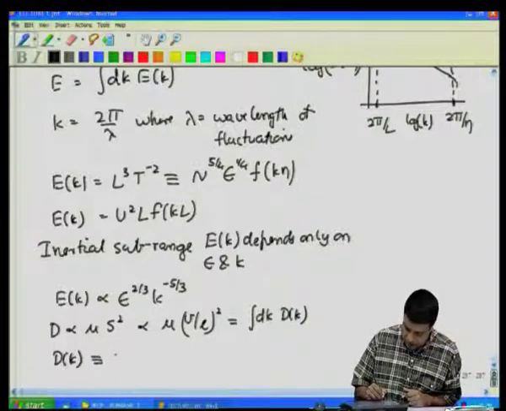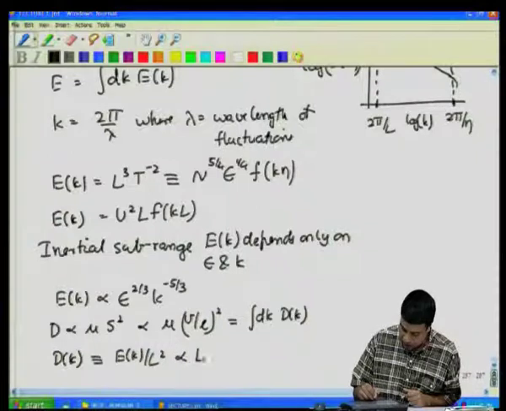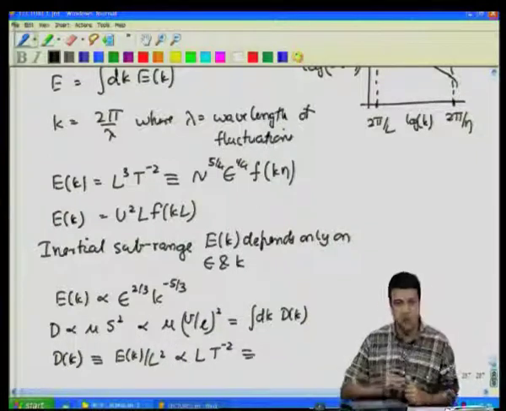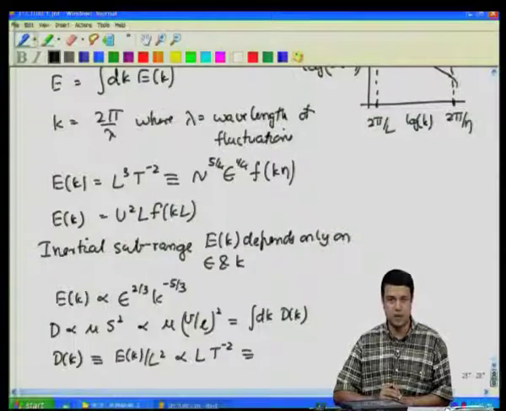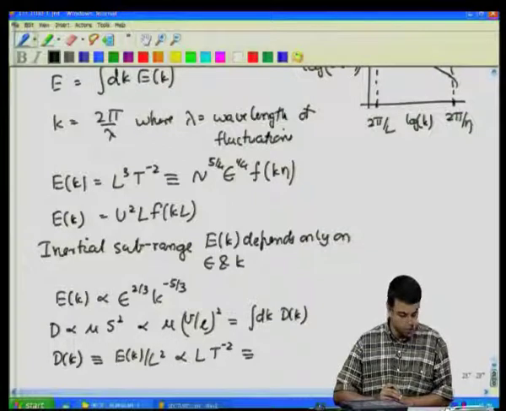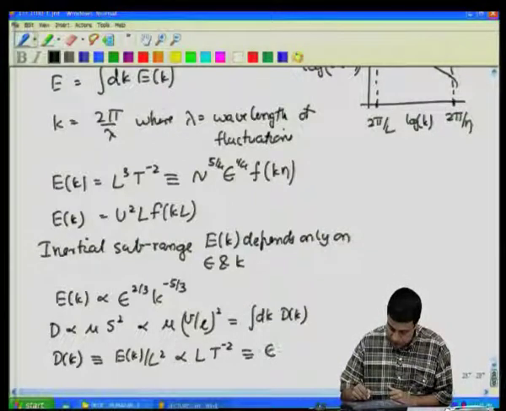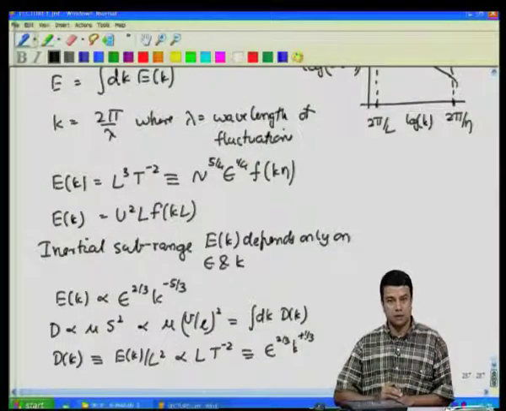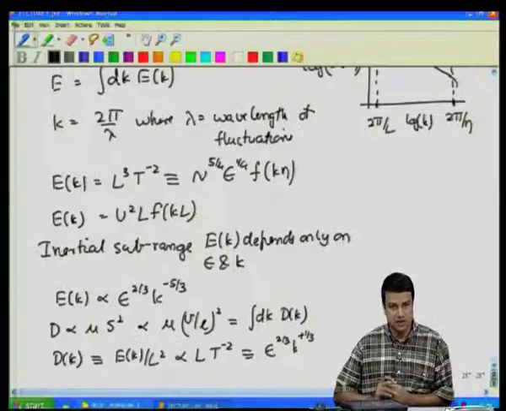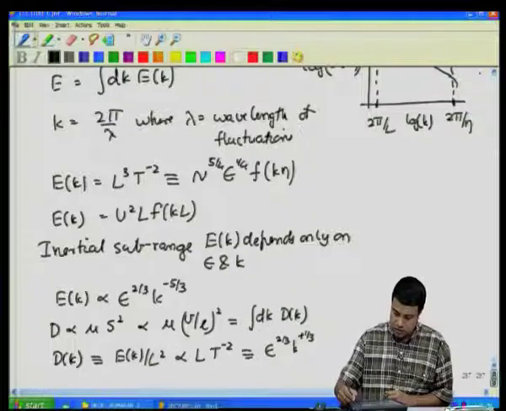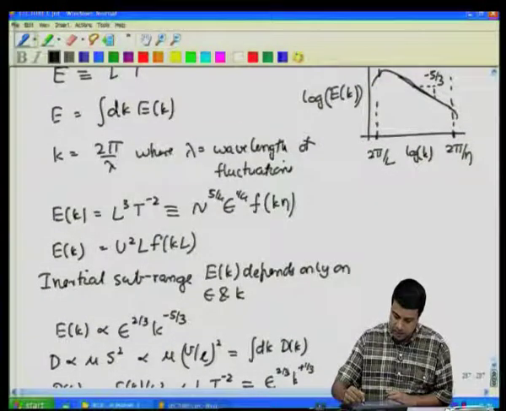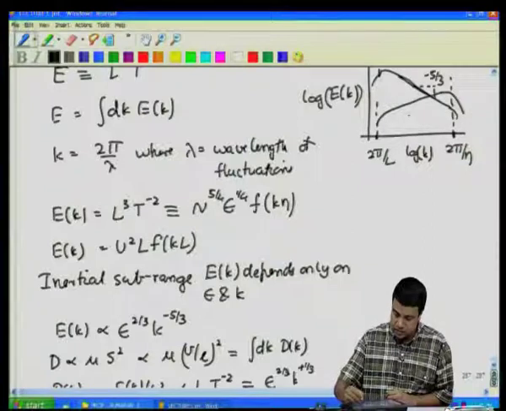will go as the energy spectrum divided by L square, which is proportional to L times t power minus 2, just from dimensional analysis. And in the intermediate regime, this can depend only upon epsilon and k, and the only way it can depend upon that is as epsilon power 2/3 k power plus 1/3, because it has dimensions of 1 over length square. So that it is proportional to k square times the energy spectrum. So in my figure that I had here, the dissipation spectrum actually increases as k power plus 1/3,